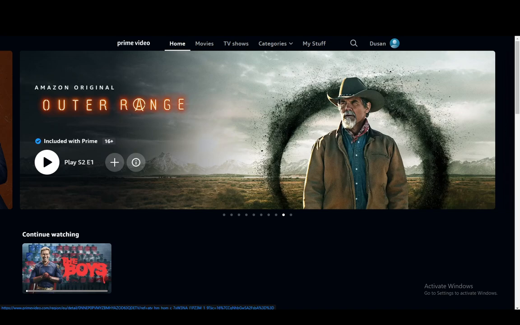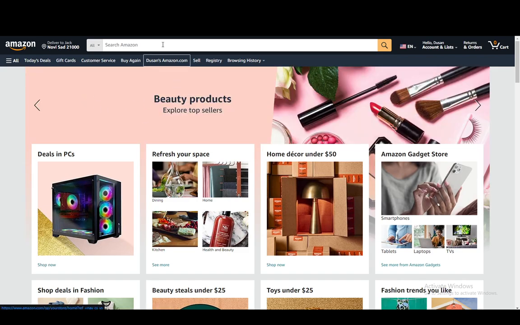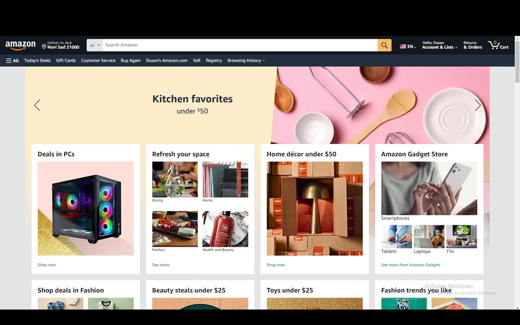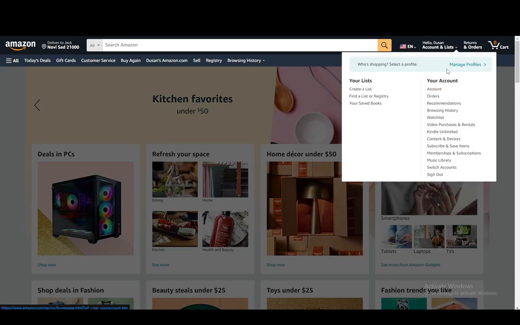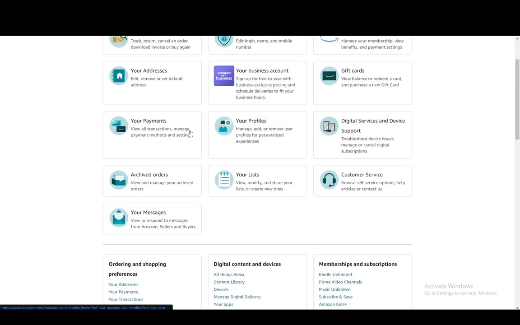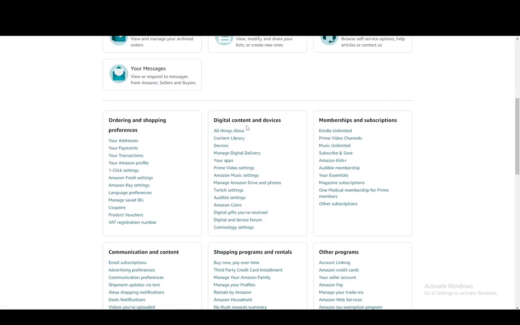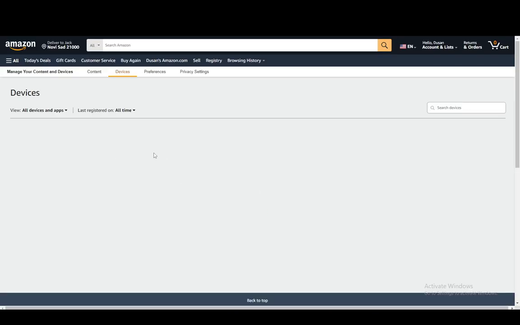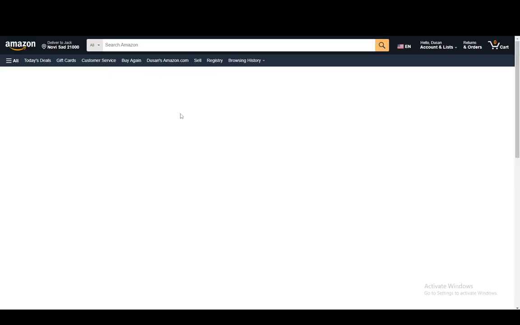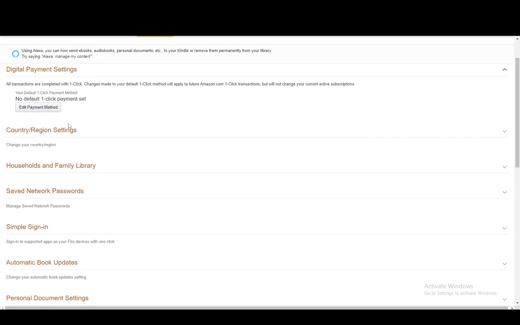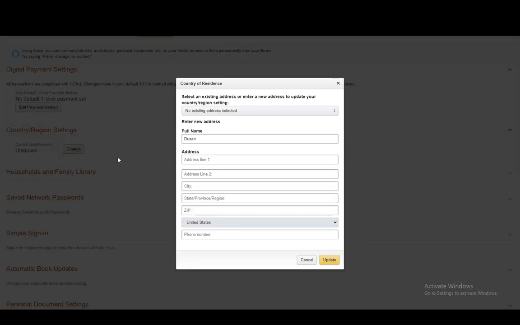So let's go to Amazon really quickly, and now that we're here, what you're going to want to do is hover over your account and then go into account, and you'll get to this page. Then what you want to do is go into digital content and devices, click devices, and from here you're going to click on preferences. Once you're here, what you can do is go here into country/region settings, click change, and